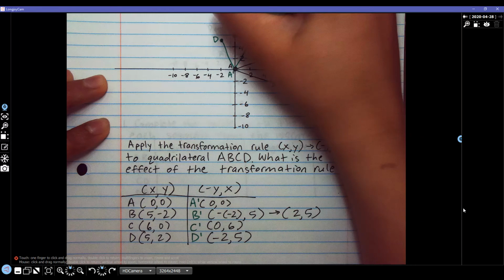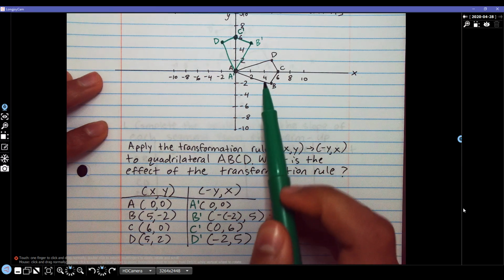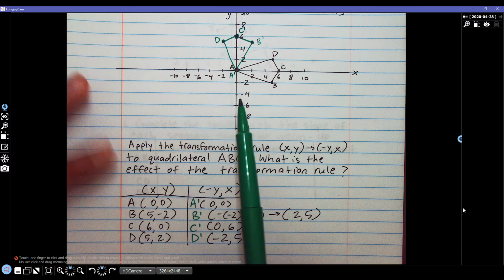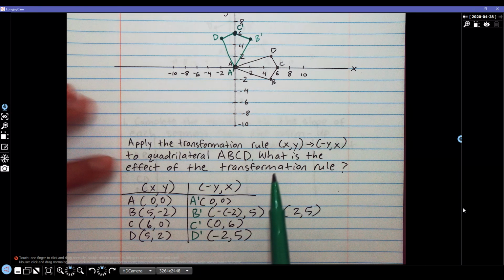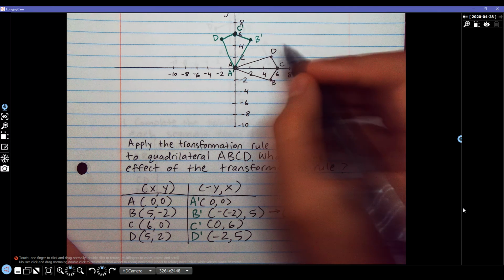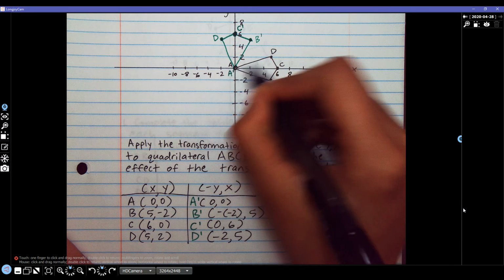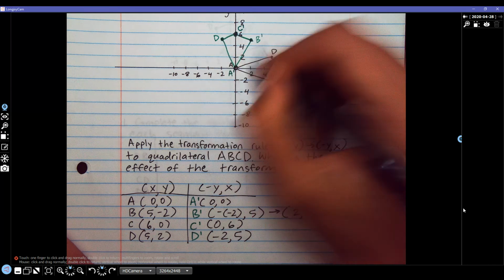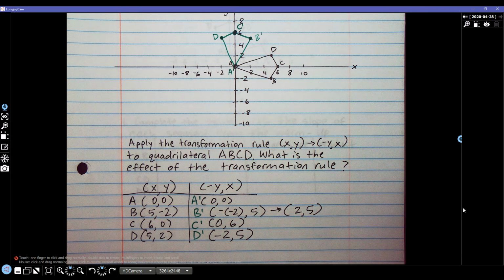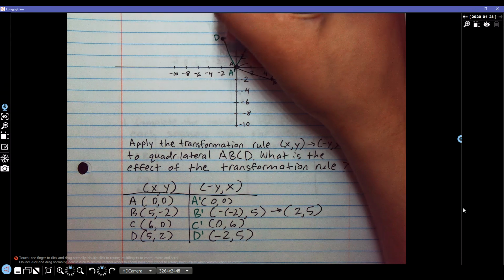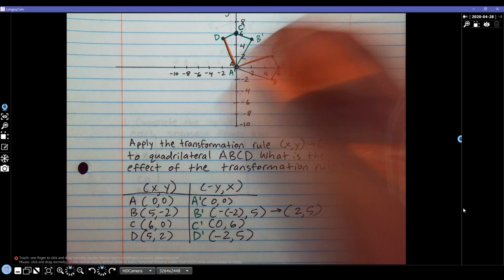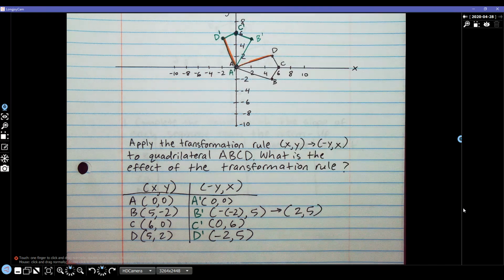You'll notice our figure has not changed in size or shape. It looks like it's been rotated. So the second part of this asks us, what is the effect of the transformation rule? So let's look at segment AD and then segment A prime, D prime. Let's highlight this over here. If you look at segment AD and then A prime, D prime, I'm going to label that,